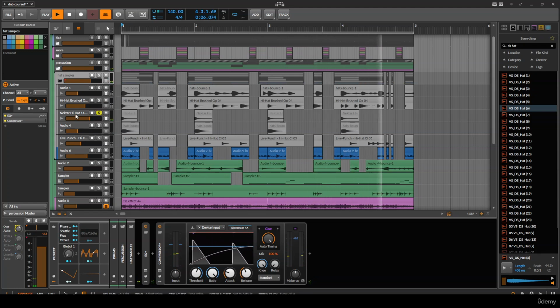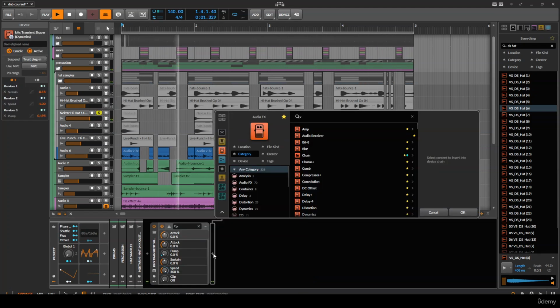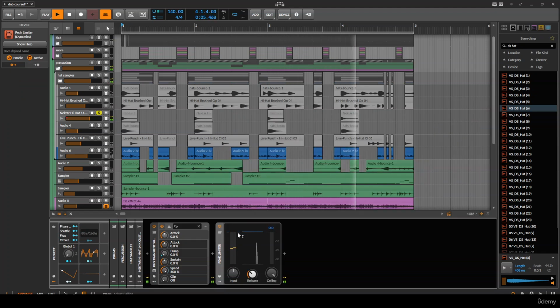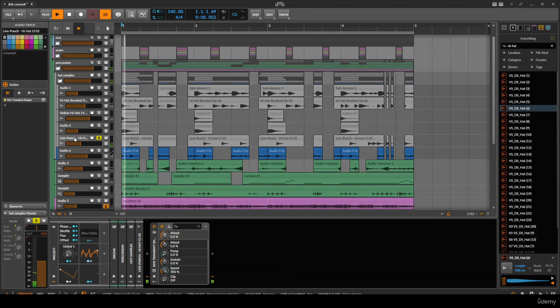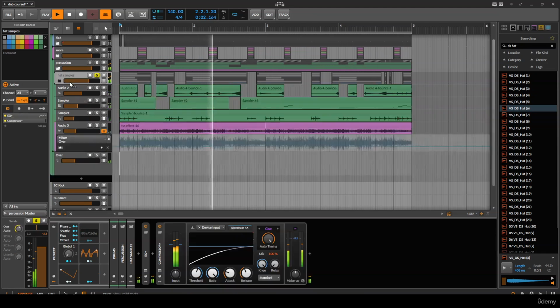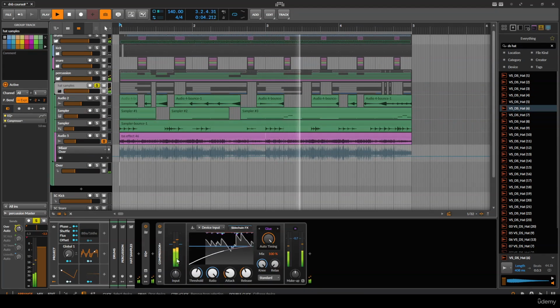I think this thing just needs to be turned down a bit. So let's just get a limiter and just make sure it doesn't peak quite as high. Now that one. Okay, so let's listen. Maybe try